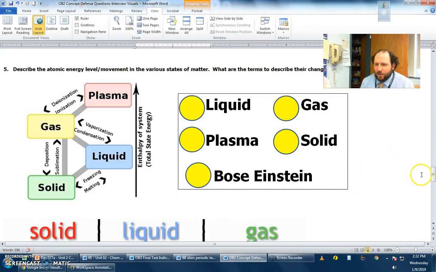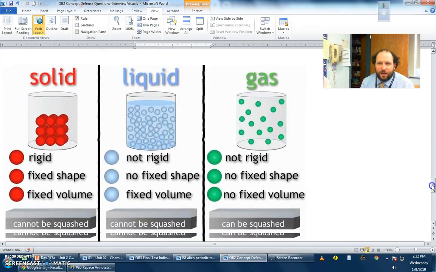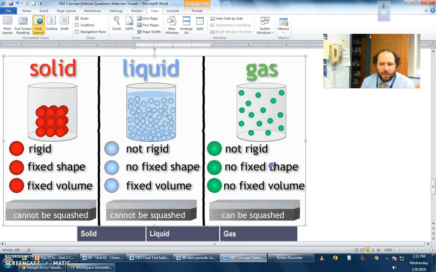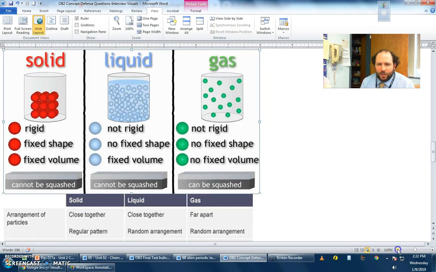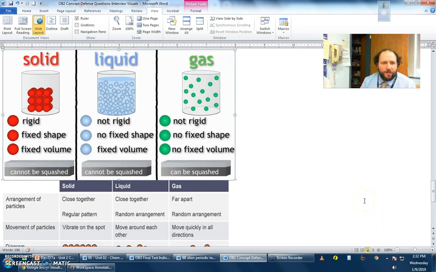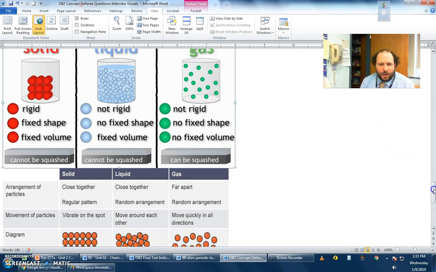And to reinforce this by looking at some different states of matter, I've got some pictures here that we can use. And these pictures are at a level showing the molecular movement of the particles within the states of matter. And there we go. And so if we're looking at these,